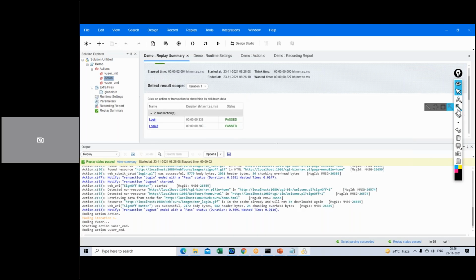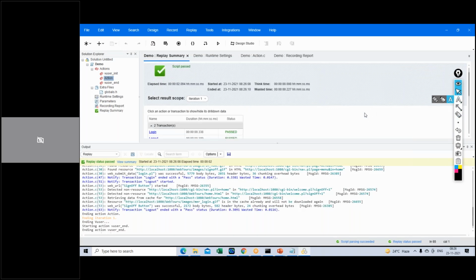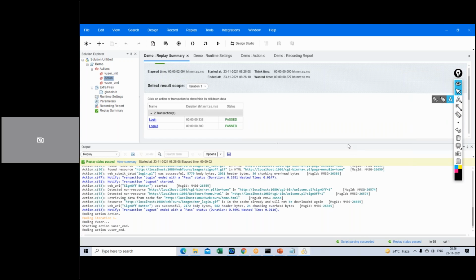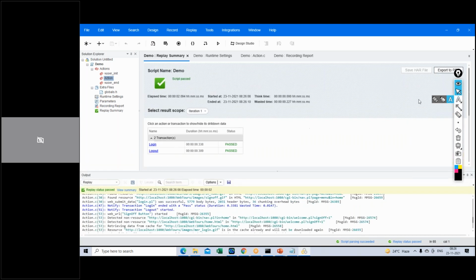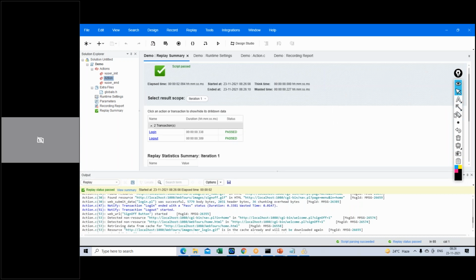See here, when I ran the script, it is clearly saying the script passed. The next thing is, it is clearly showing the response time: how much time the login has taken, how much time the logout has taken. The amount of time for login is 0.338 seconds.